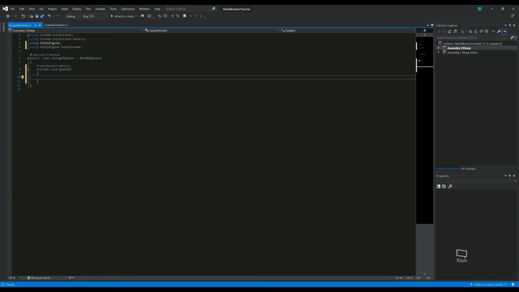And in the Awake, we are going to check to see which player it is. And this is by getting the PlayerInput.playerIndex,